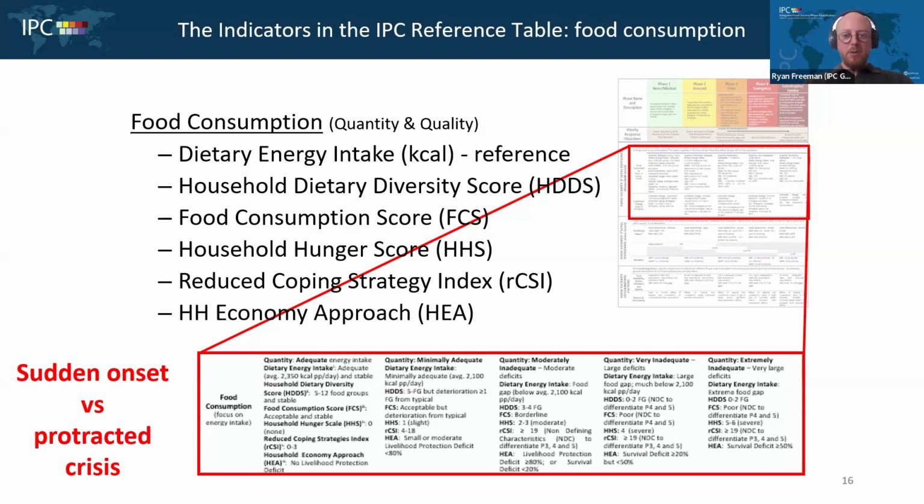So what I would like everybody to do now is, if you have access to the chat, try to write down the indicator that you are most interested in talking about today, whether it's the food consumption score or the household hunger scale or the HEA, the household economy approach, or any of the ones that you see here on screen. Very happy to go through those in great detail. But I'm really happy to hear from you, to see your interest.